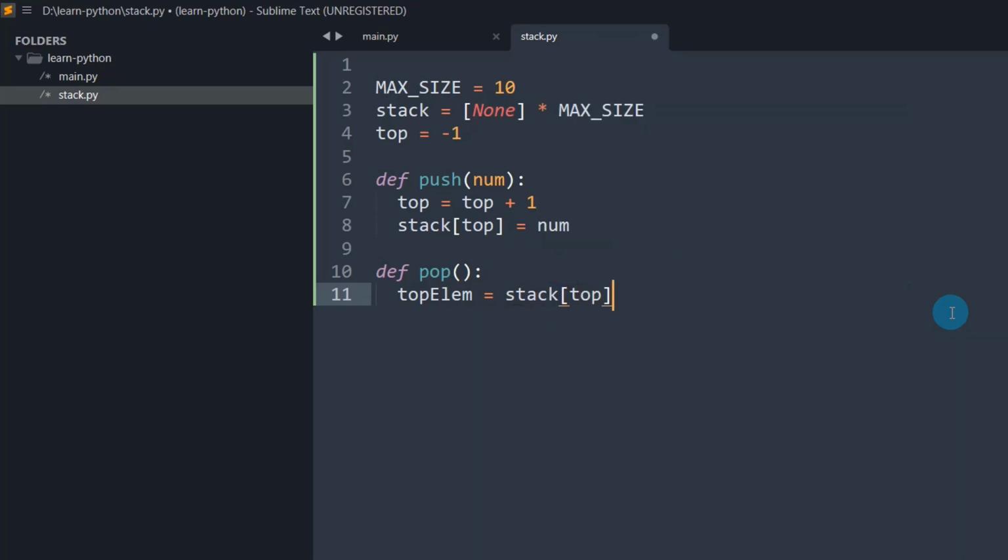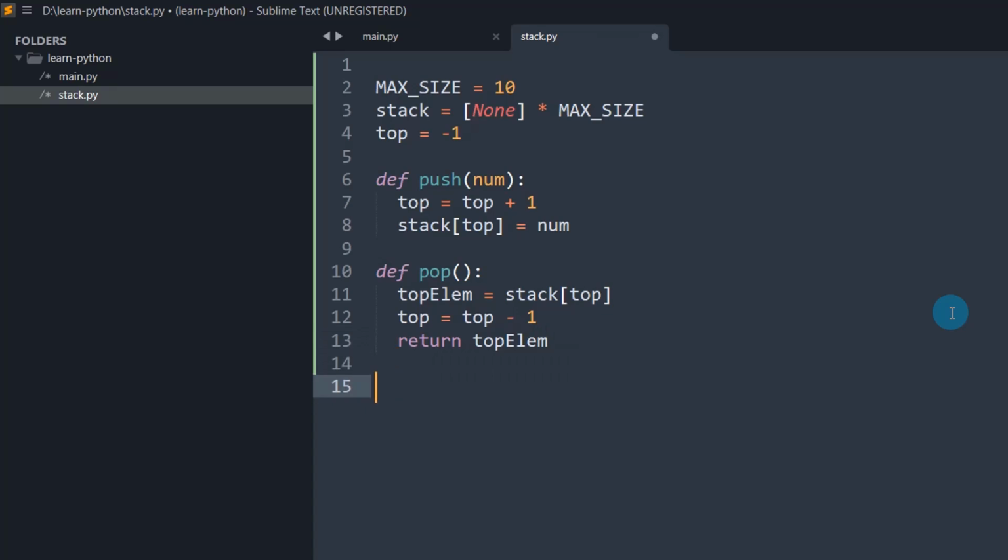First you get the top element of the stack and store it in another variable, top element. Now what we need to do is reduce the top pointer by 1. That means we have removed one element and are decrementing the top by 1. The pop operation actually returns the top element after removing it. So this is the top element we are returning from the pop function.